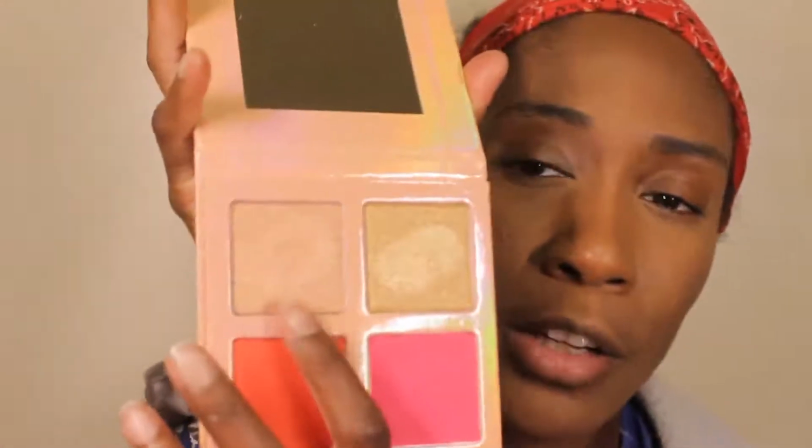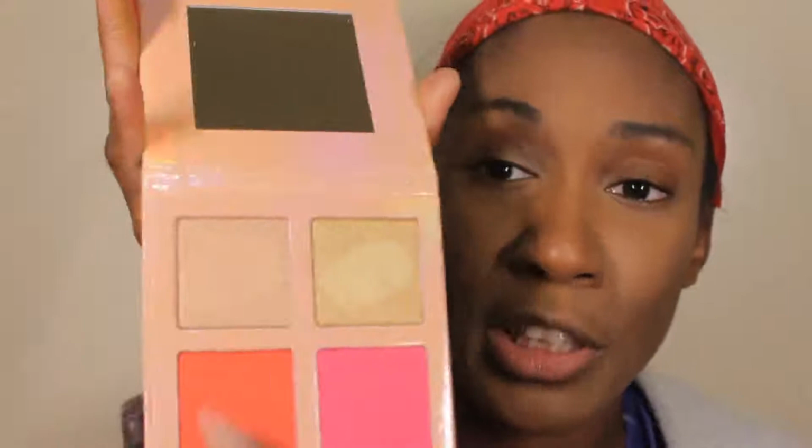I'm feeling like I want to use this highlighter right here, but y'all know I'll normally do the gold down the middle of the face, and then I'll do the one that I like better on my cheekbones, because I feel like nothing looks better with my skin tone. And then I'm thinking we're going to put these two blushes together just because I'm really liking both tones. And I like the way it looks when I combine both swatches. So we're going to go for that. I'm going to start off with the blush. So I'm going to dab a little